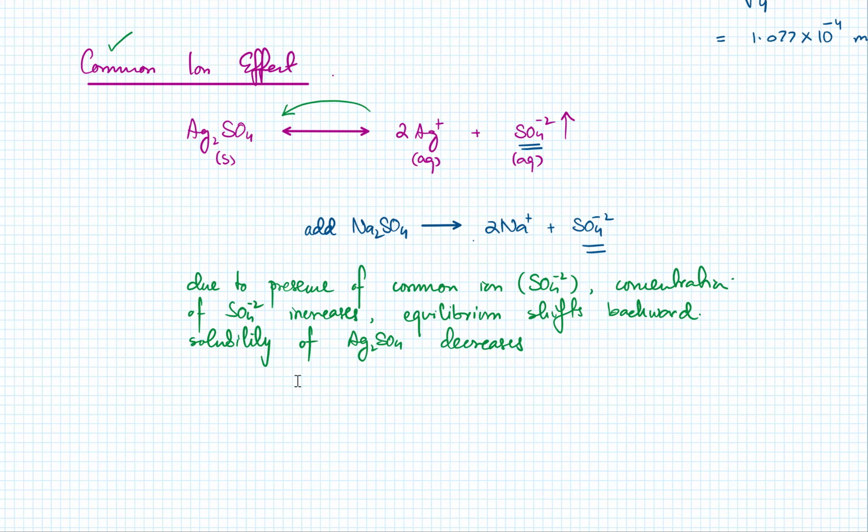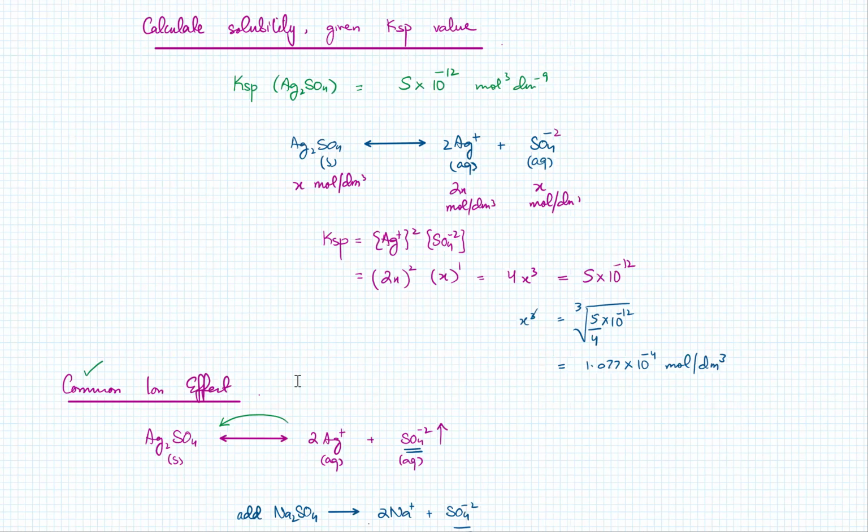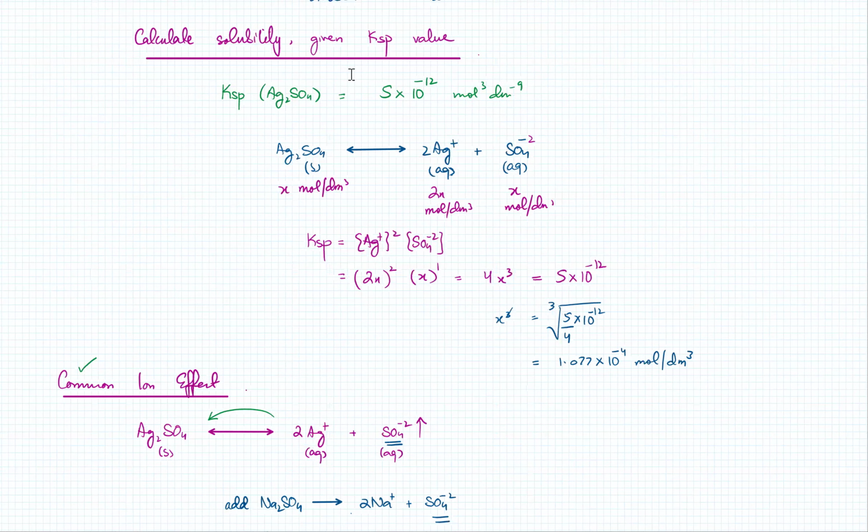Now, how would the question look? We did silver sulfate over here, and I'm going to continue from here. The Ksp of pure silver sulfate, the Ksp value does not change. It's 5 times 10 to the power minus 12. In reality, it's probably not that low, but let's assume it's 5 times 10 to the power minus 12. So when you had pure silver sulfate, the value of